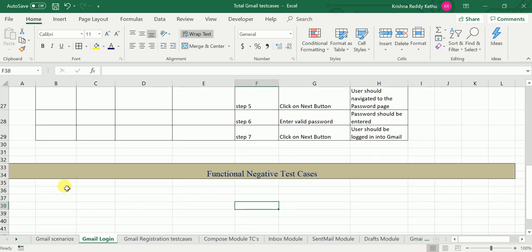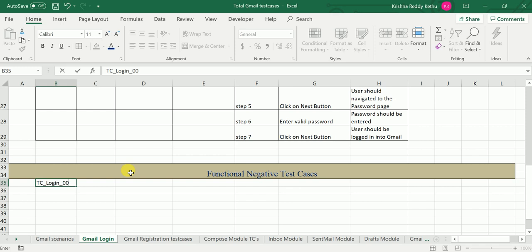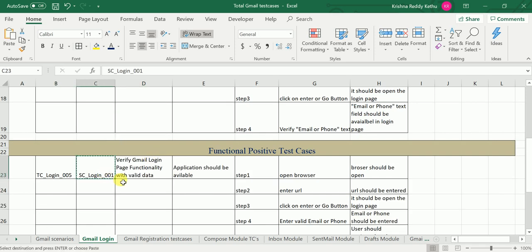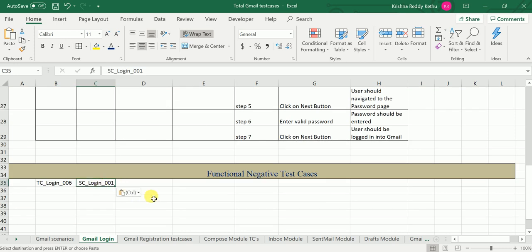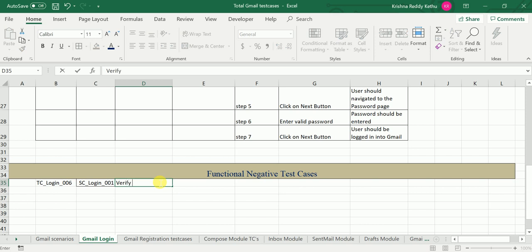Test case number 6, test case underscore login underscore 006. Okay, next my scenario I'm copying from here. Next, verify Gmail login page with invalid data.